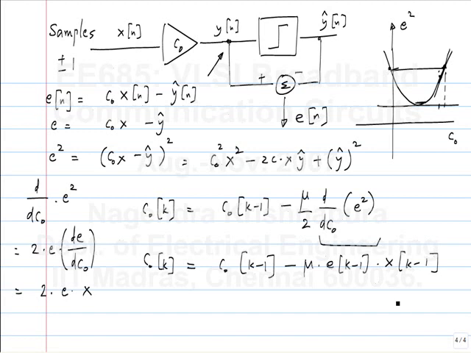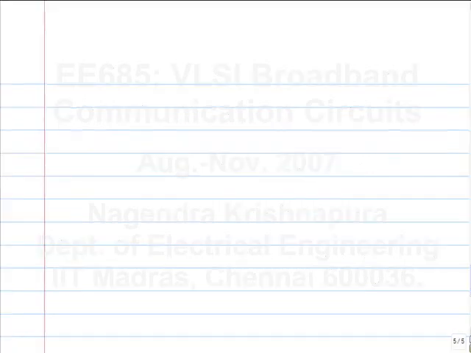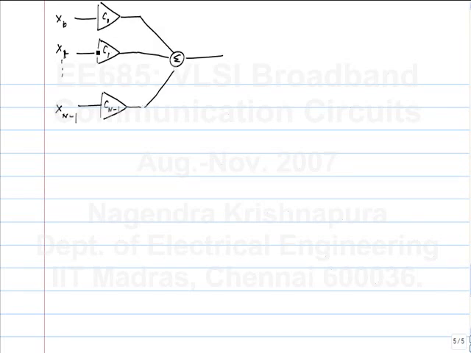We don't have access to? No, in this case, I am just adjusting the gain, so I do have access to this. Yeah, let's see what we need to do. The fact that it's a filter is incidental. What we are concerned with is a case where we have a linear combination of some n quantities. Maybe I'll make this x0 to xn minus 1. And now we have to tweak the values of C0, C1, up to Cn minus 1